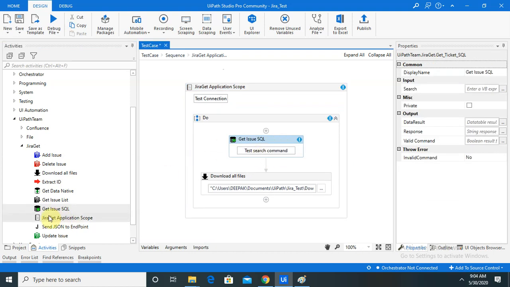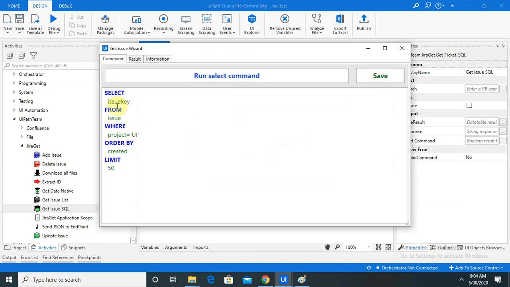Now we need the Get Issue SQL activity. Once we drag and drop it, you can see warning messages here. Let's click on this and you can see issue keys are available. I want to extract the defect list.